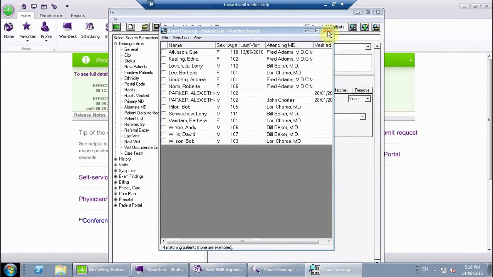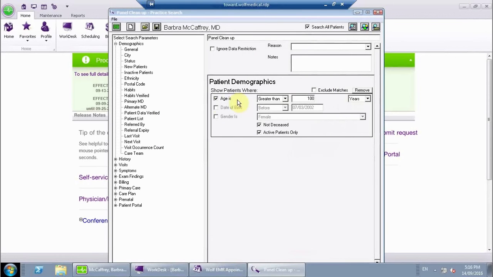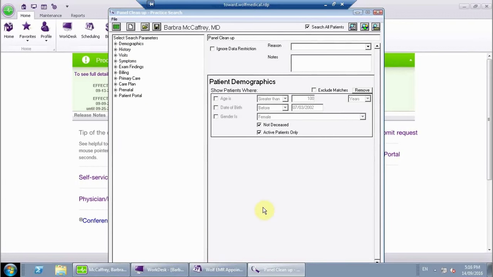Okay, another one you could possibly choose is, and I'm just going to unclick that again. Another search you could possibly run would be a list of patients who were assigned to a physician that has since left the practice. So in this particular case, what you could do is go under demographics here, starting with a fresh slate,